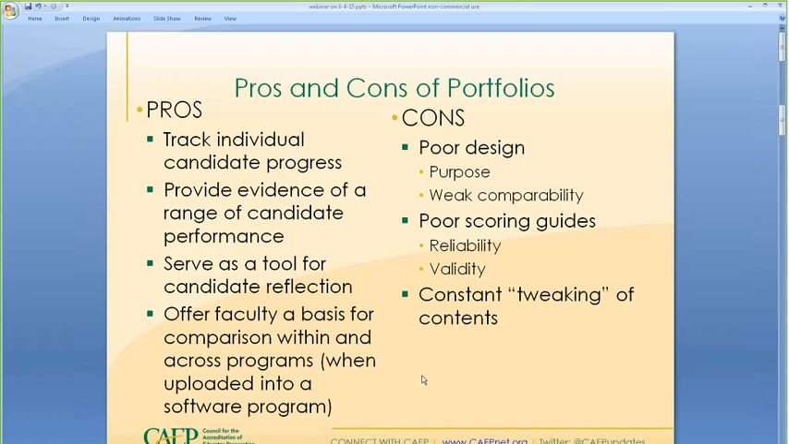And that gets us to this part about reliability and validity, as well as that constant tweaking of contents. Often portfolios can change because they will be a collection of assignments, and they may be key assessments from courses during a candidate's progress, from entry to exit in a preparation program. And as thoughtful professors, we often go about making those